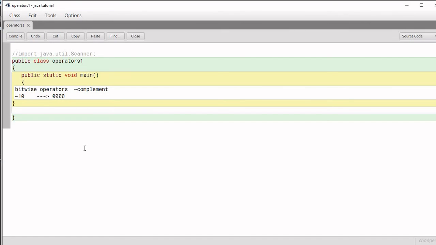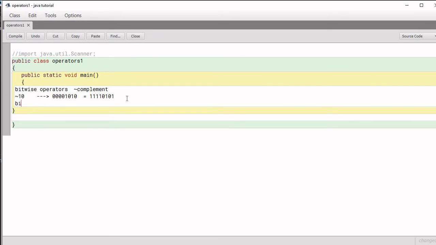Suppose I am taking the value as an 8-bit binary number, so it becomes 00001010. Afterwards we make its complement. In complement, it converts zeros to ones and ones to zeros, so it becomes 11110101. So this is the complement of 10. In this way bitwise complement works.